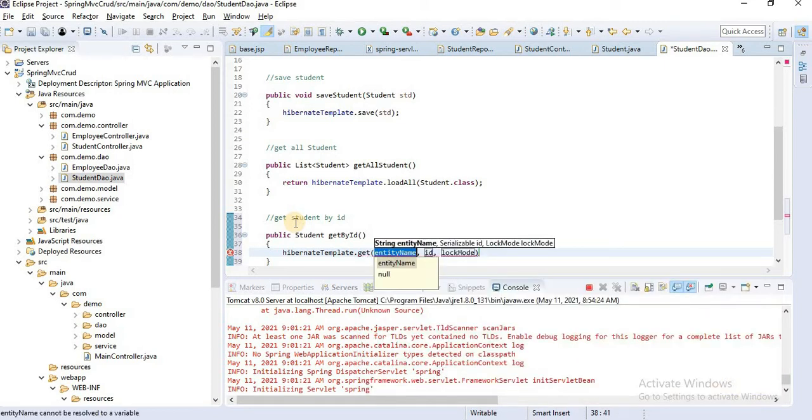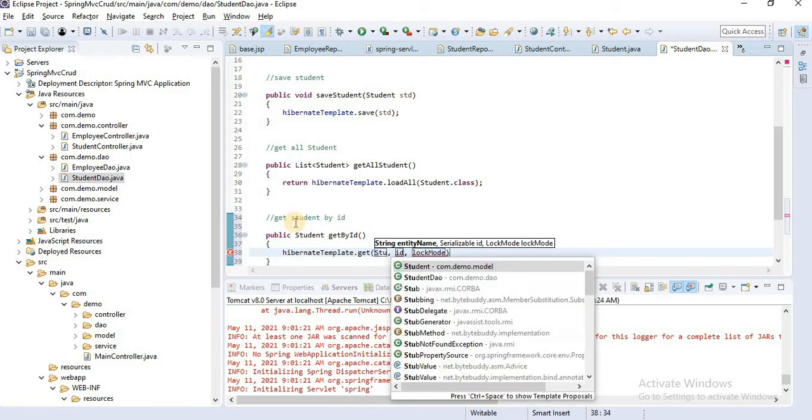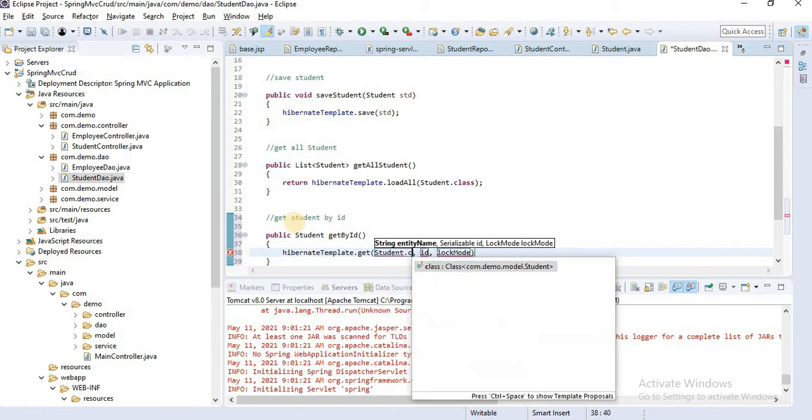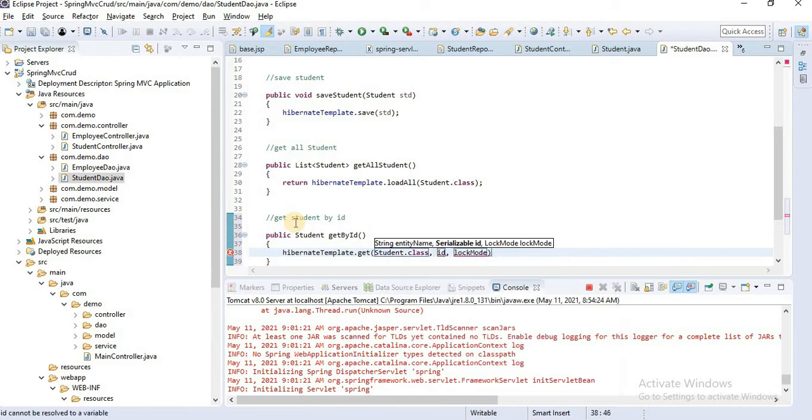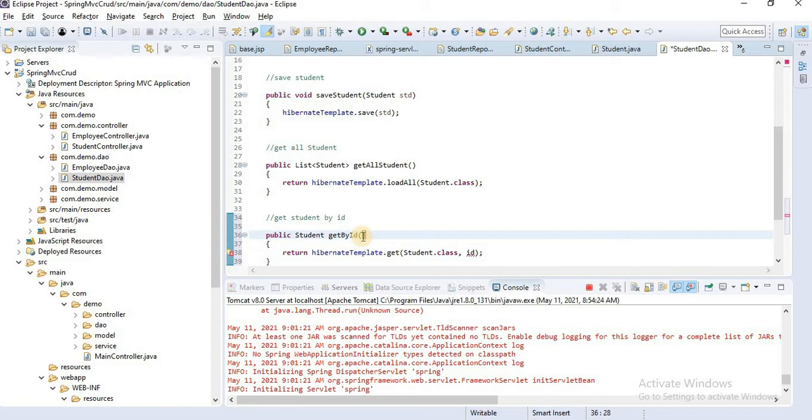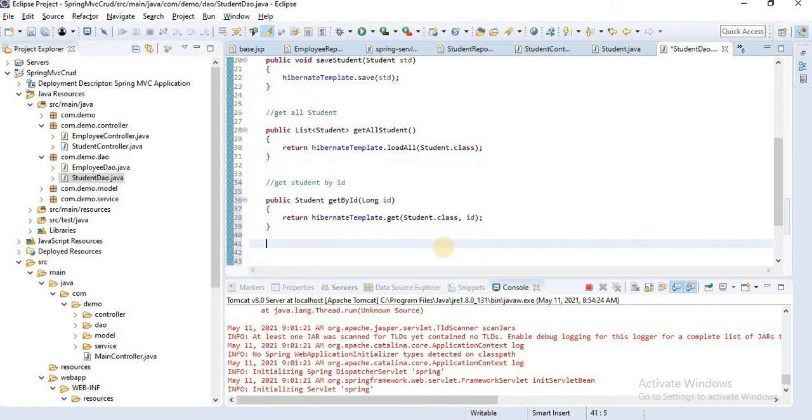It requires two things. First one is the return type. Our return type is Student, so we pass Student.class, and the second one is id. Okay, and this should be returned. Here we are getting the id from the UI, long id. Okay, this method is responsible for returning a single record.